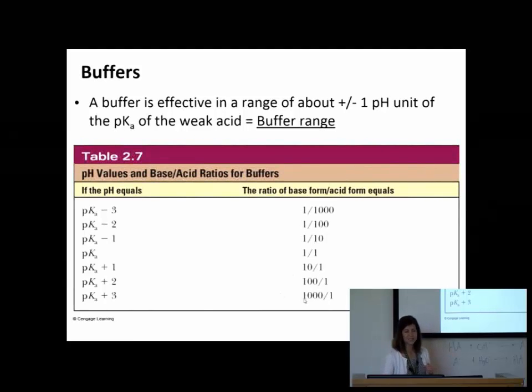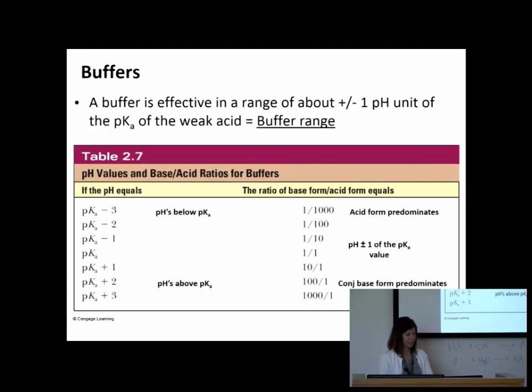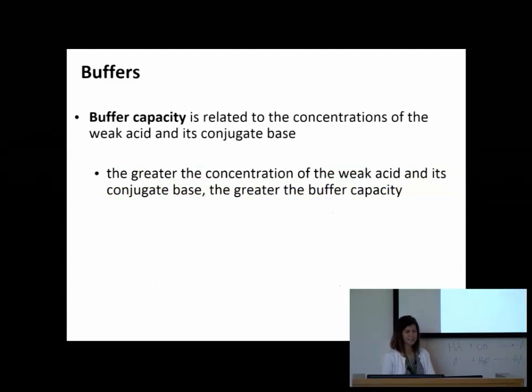Right? So that's buffer range. Now the buffer capacity is the concentration of the buffer as a whole. It's how much do we have? And I said that there's a limit before. You can't have 1 molar, 2 molar buffer concentrations because it's going to mess with what you have. But you also aren't going to have 0.001 molar buffers because there's not going to be enough of them around to